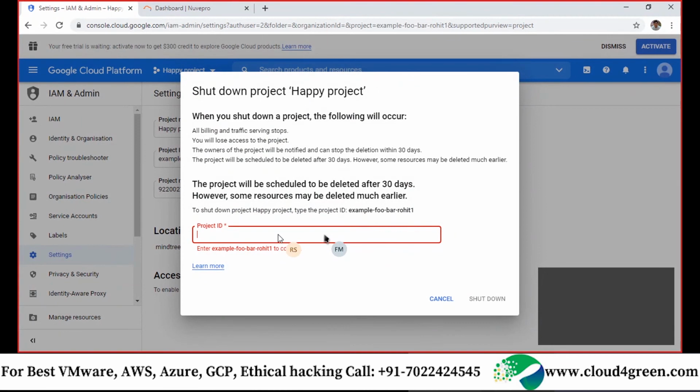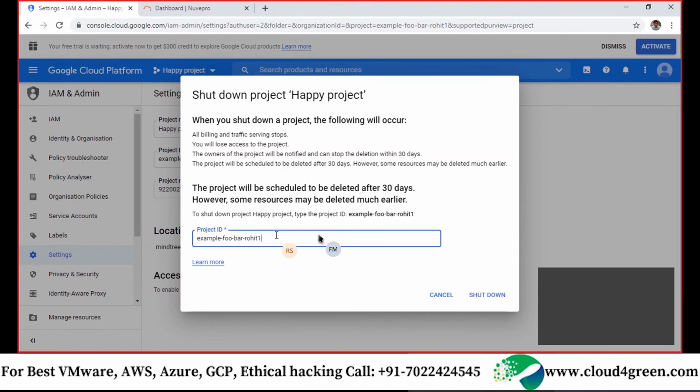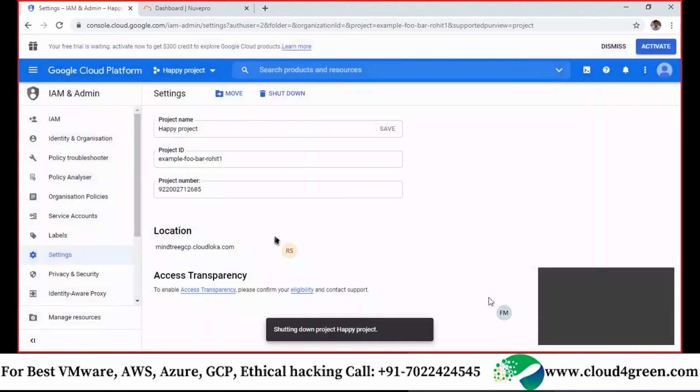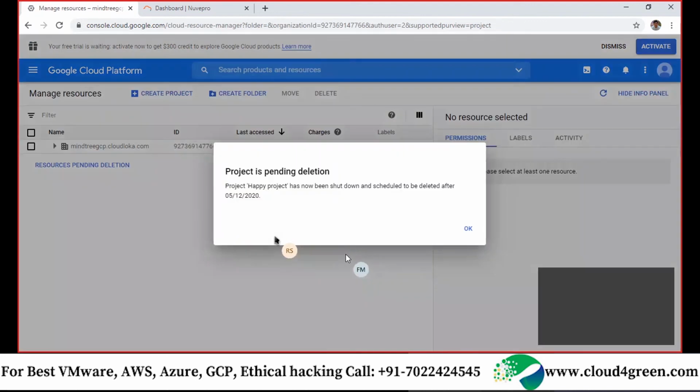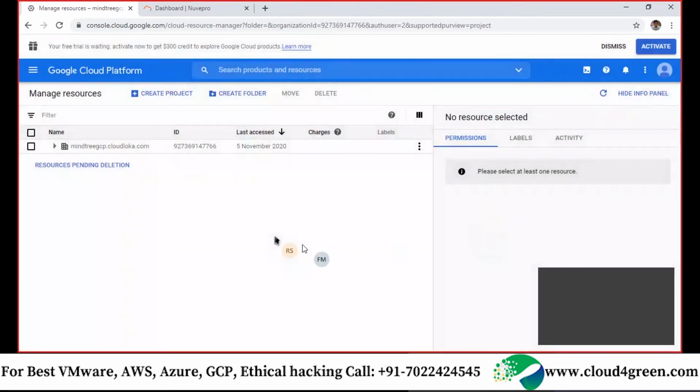Excuse me. No. Copy correctly, man. Example Rohit 1. Okay, so these duplicate or unnecessary projects are removed.